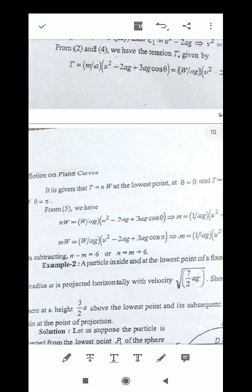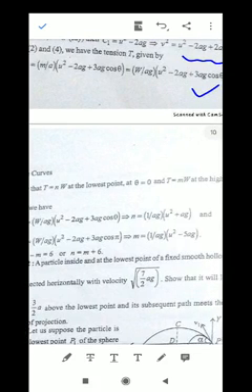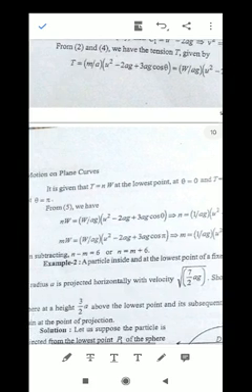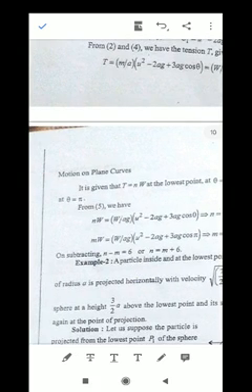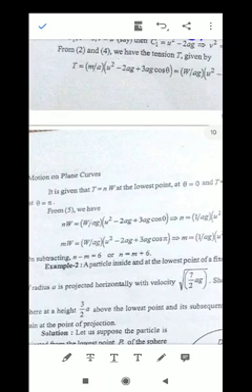So putting these values and on simplification we get n equal to 1 upon ag u square plus ag and m equal to 1 upon ag u square minus 5ag. Now on subtracting this we get n minus m equal to 6, or n equal to m plus 6. That is, we have proved the required result.